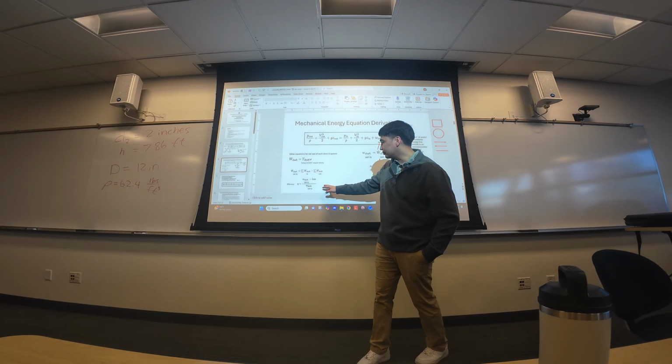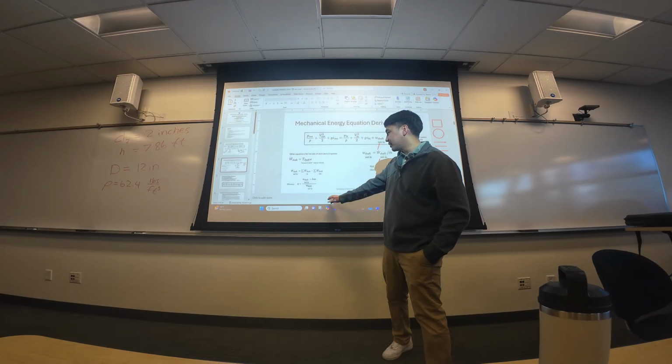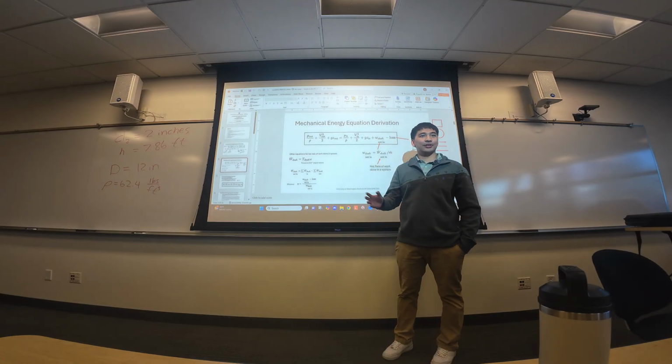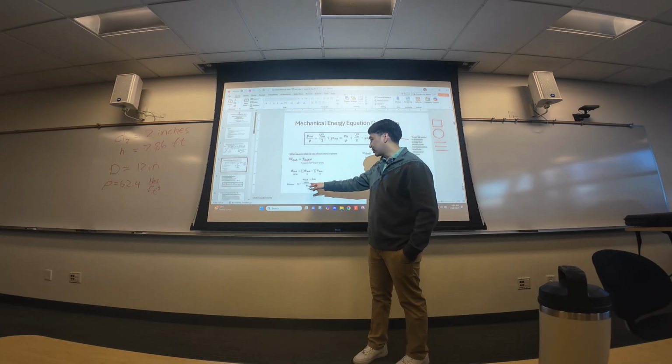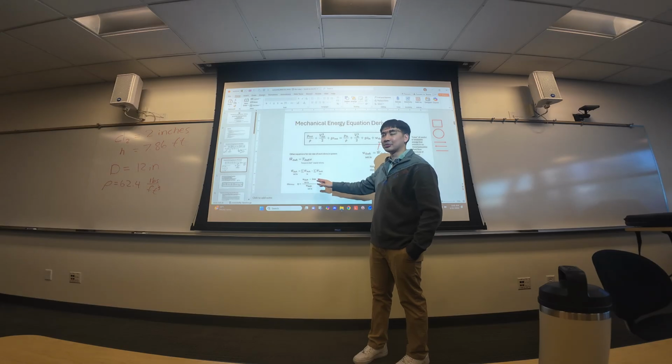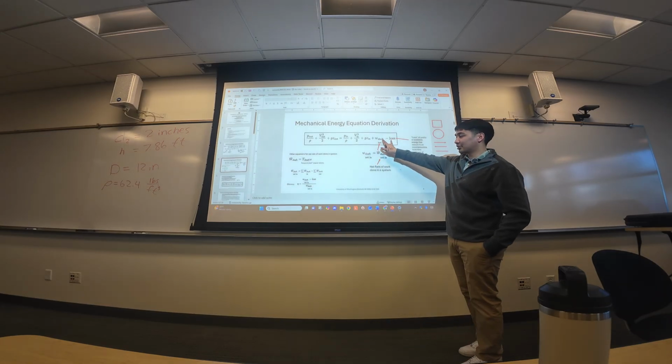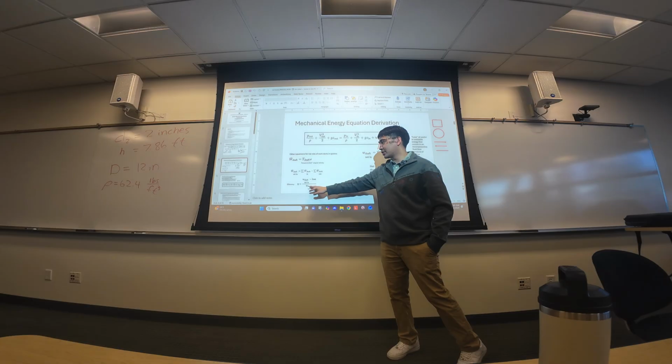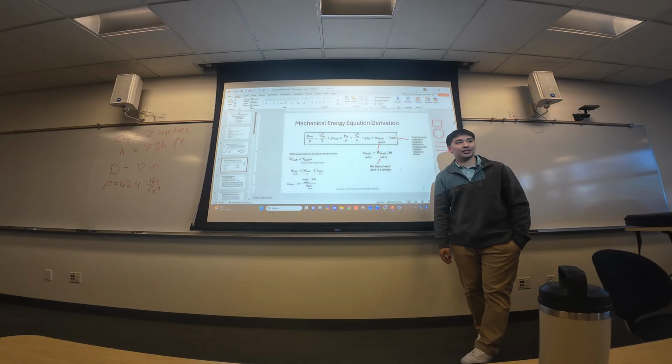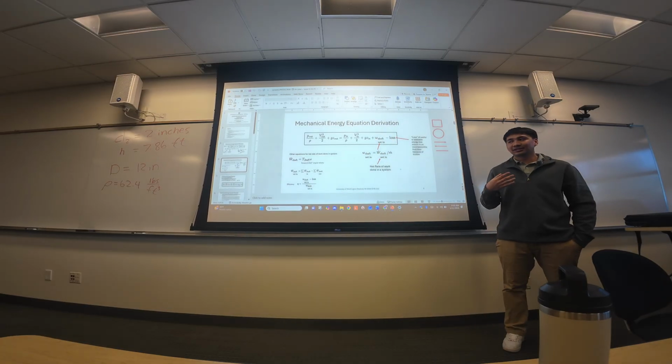And here we have efficiency. I have another slide for efficiency towards the end. That's what you're going to use for homework. That's going to be work shaft in subtracted by the loss, which is the friction, which is basically this term, right? Divided by your work shaft in. So you're basically having a ratio of the work put into the system and then subtracting the friction of the loss.